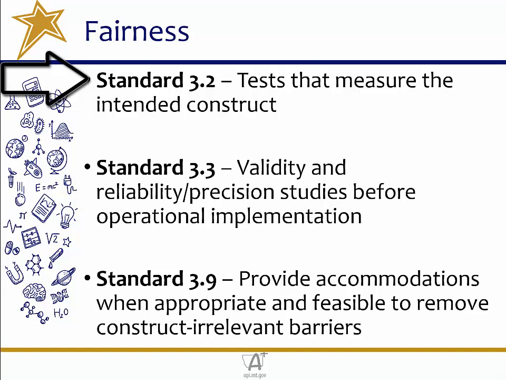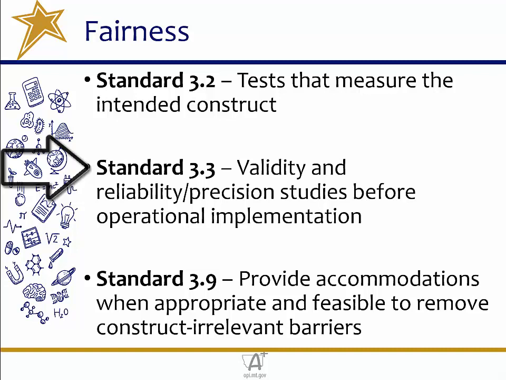For example, this is one of the main concerns with going to an online test format. Many have argued that it introduced construct irrelevance. However, there's been much research to show that if we actually use technology-enabled items the way they should be used, as opposed to taking a paper form and just applying it in an online format, we can really dig much deeper. Standard 3.3. Those responsible for test development should include relevant subgroups, validity, reliability and precision, and other preliminary studies